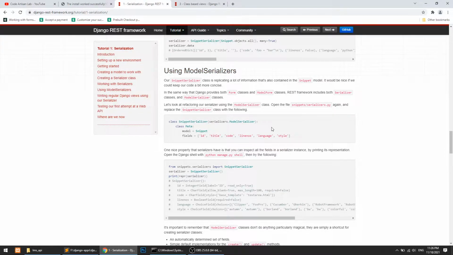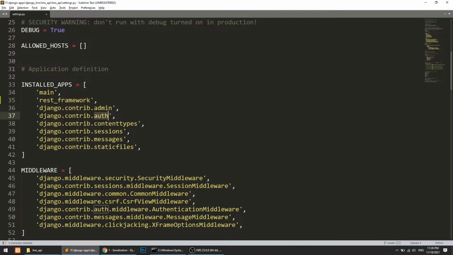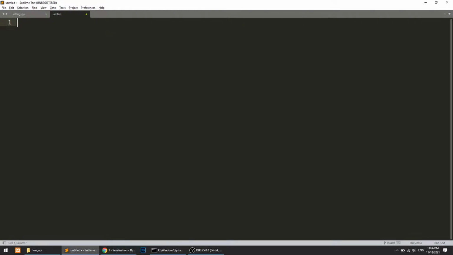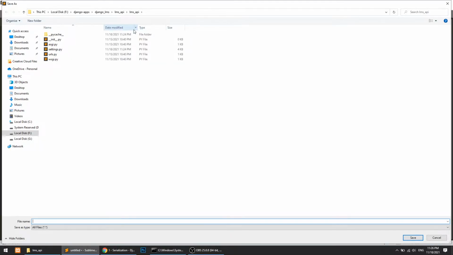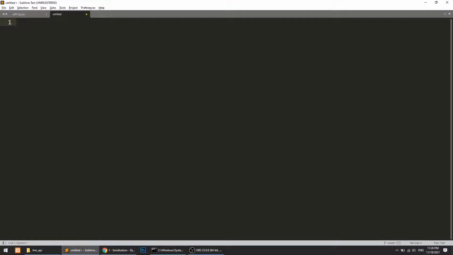First of all, we will create a serializers.py file, and this will be at the app level. Here we create the .py file.